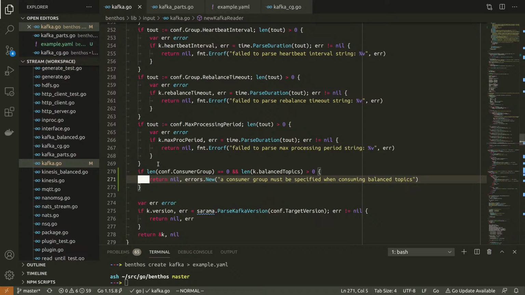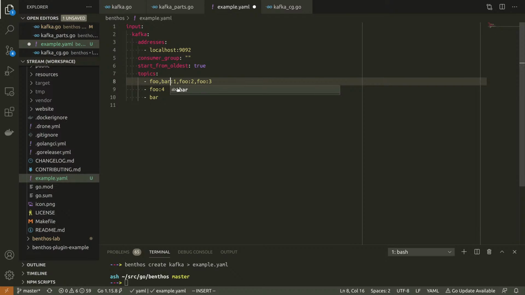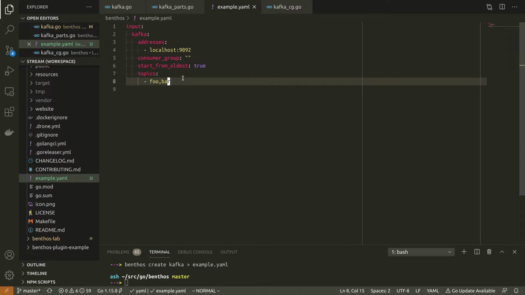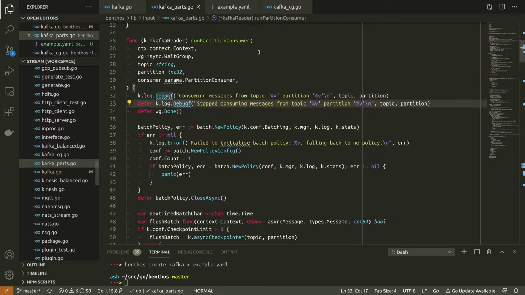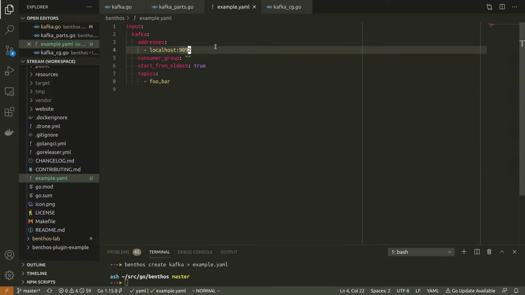Does that work? So somebody comes along, they specify no consumer group, and then they say, I want to consume from topics foo and bar, just like what the documentation says. And then they get told, nope. A consumer group must be specified when consuming balanced topics. Are they going to understand that a topic without an explicit partition is a balanced topic?